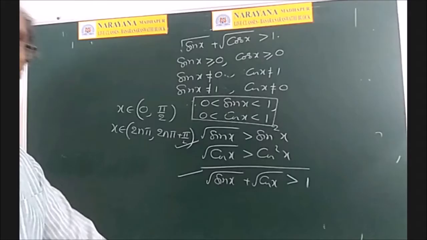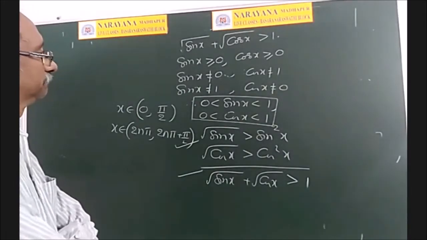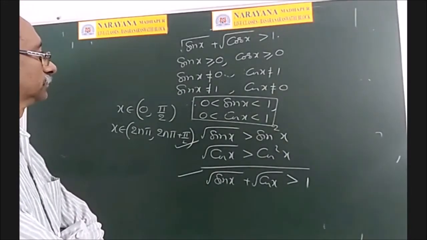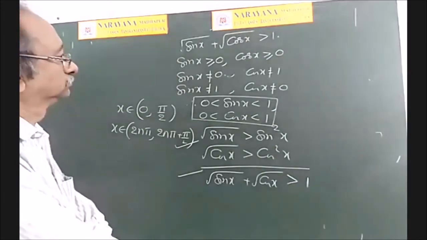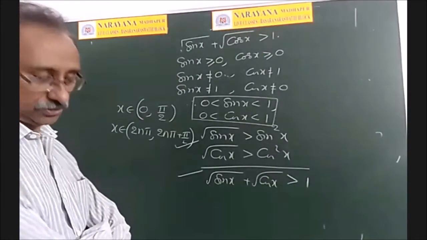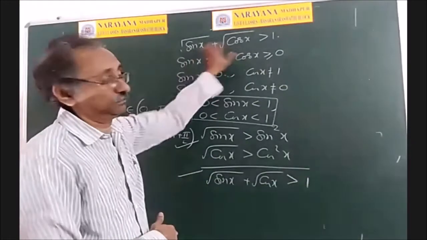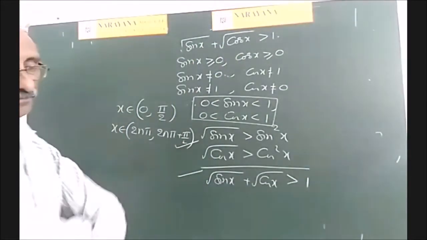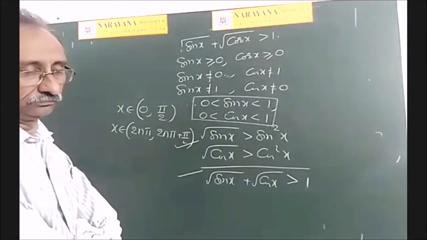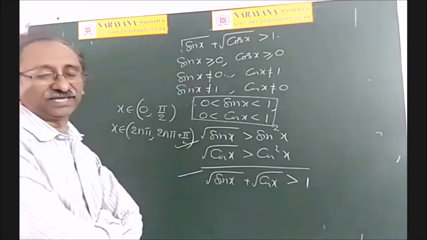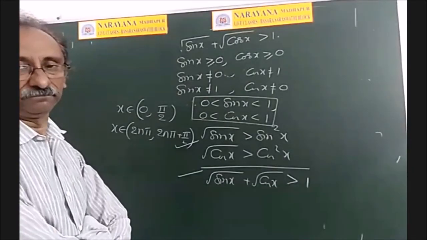Akash: Sir, second step, sir. What is the second step? Sin x not equal to 0, cos x not equal to 1. Now suppose sin x is equal to 0. Then what is cos x, Akash? Sir, 1. Substitute the values here. Sir, it will come 1. Is 1 greater than 1? No, sir. No. Therefore, sin x cannot be equal to 0 and cos x cannot be equal to 1.